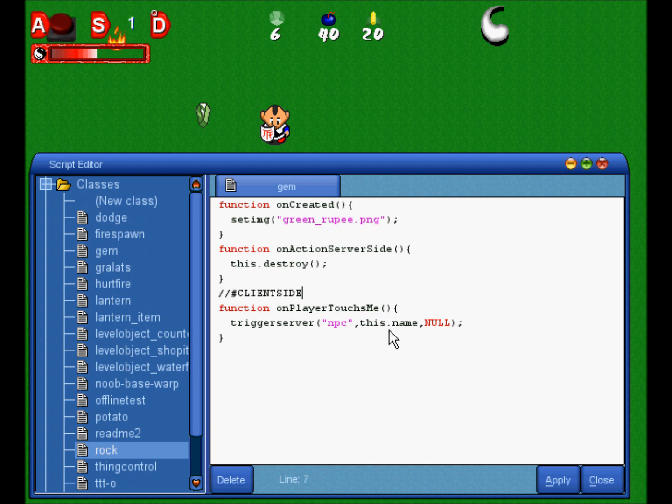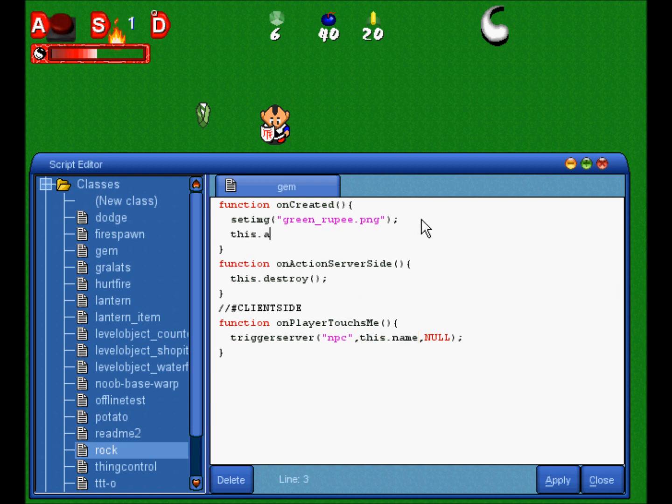For some reason, classes, if you try to destroy them by using trigger server, it's not going to work. This.name, it doesn't know what this.name is. Of course, we know we're trying to specify this current class, but it doesn't know. Well, to counter that, over here on onCreated, we're going to put this.attr attribute, and in the attribute we're going to put a number 3. So an array, really. Then we're going to put this.name. Then down here, instead of this.name, we're going to put this.attr,